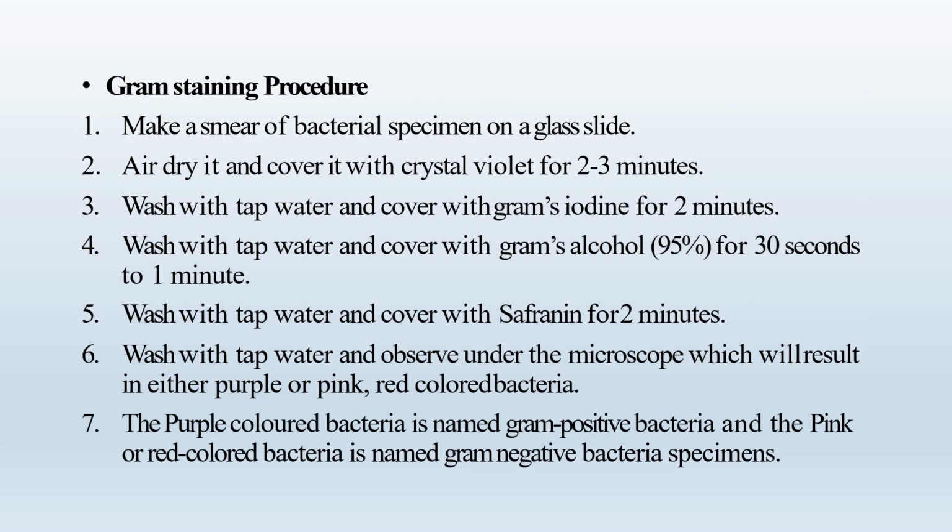What is the procedure of gram staining? In this procedure, a smear of bacterial specimen is made on a glass slide as described earlier, and then it is air dried and then covered with crystal violet for 2 to 3 minutes, and then washed with tap water and then covered with gram's iodine for 2 minutes, again washed with tap water and then covered with gram's alcohol